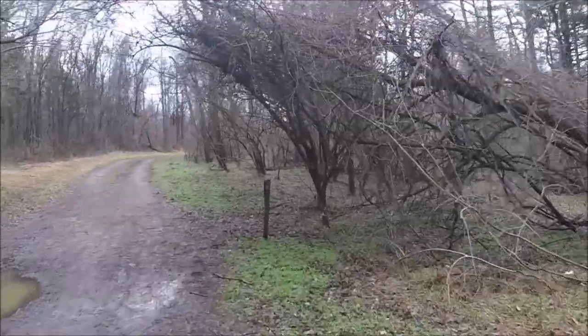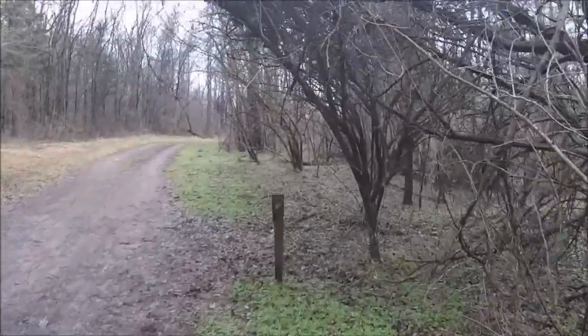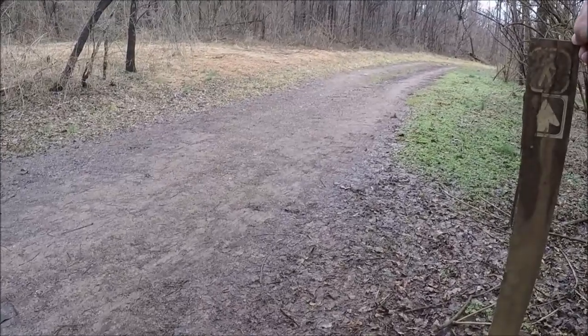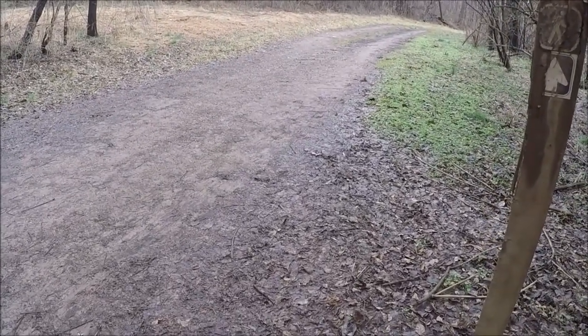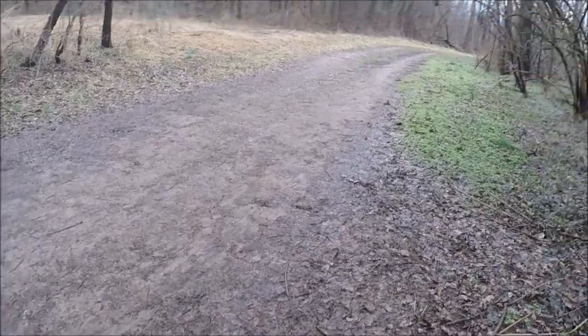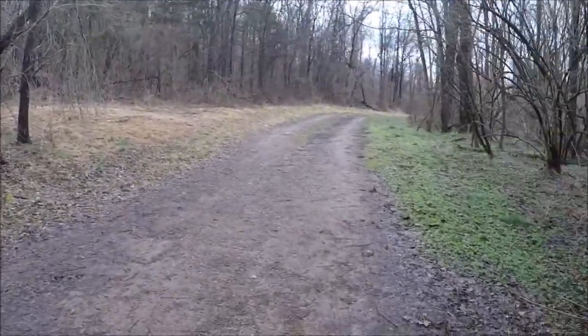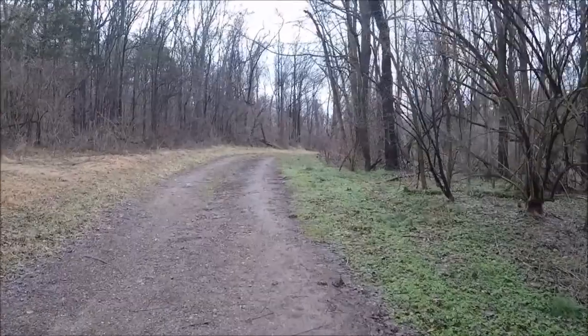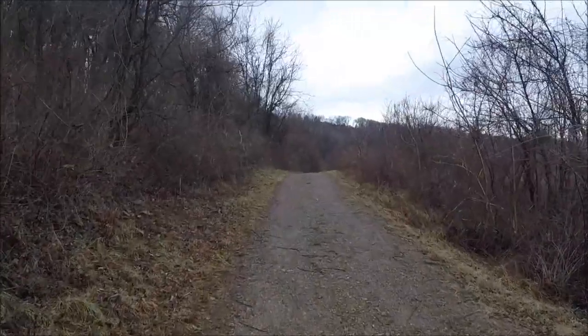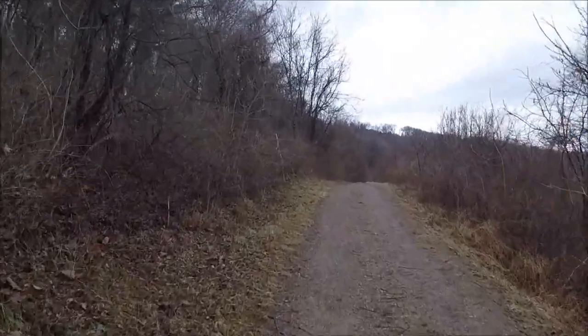Now, I don't believe this is the 1 mile marker sign, but it is a trail sign, and it shows that it's open to hikers and horses, and probably to bicyclists also. So we're going to continue on. We're somewhere around mile marker 1 now. All right, we're still between mile marker 1 and 2,